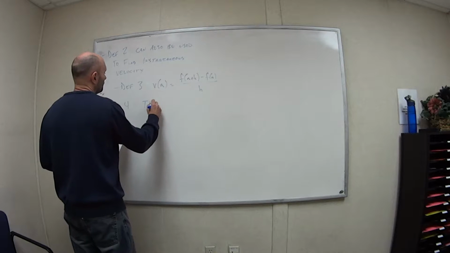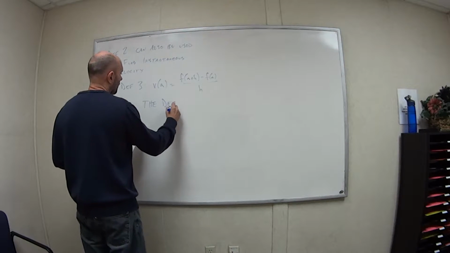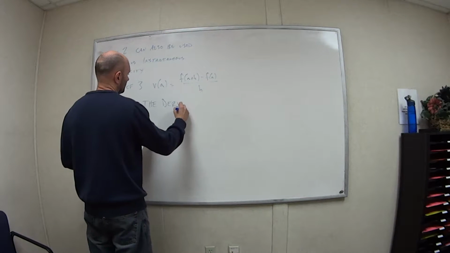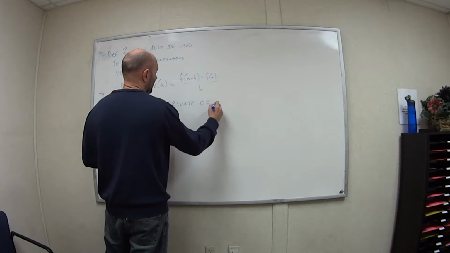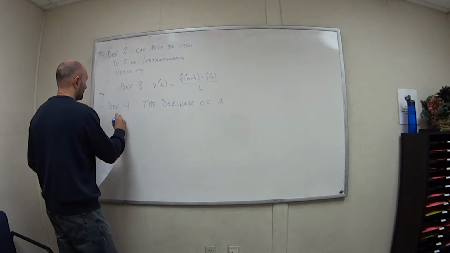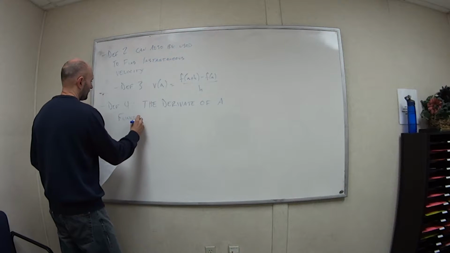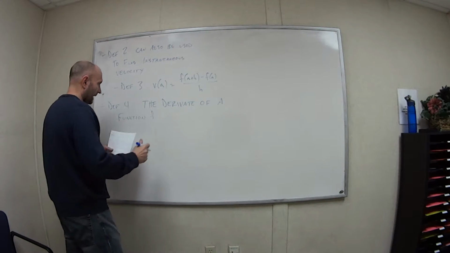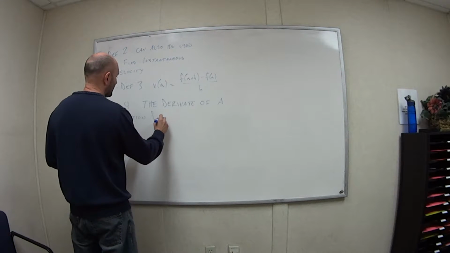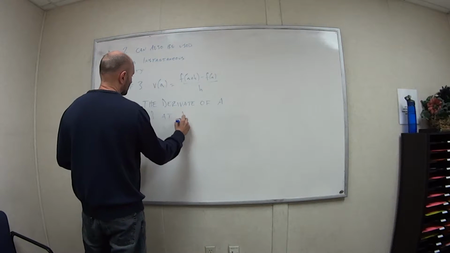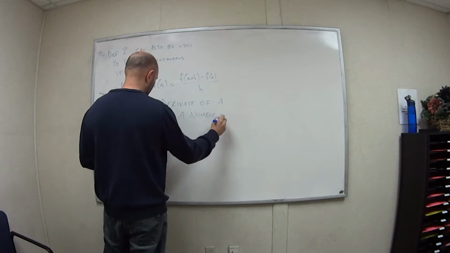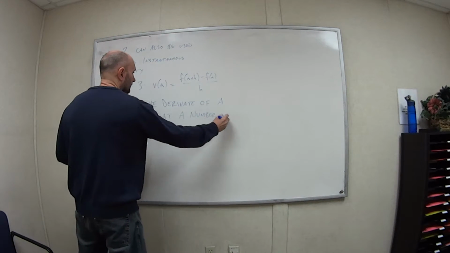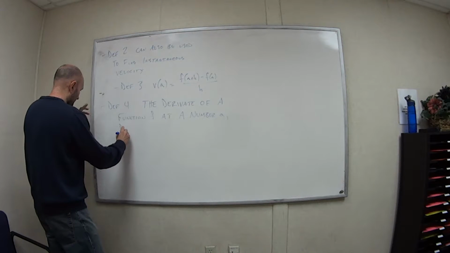So we say the derivative, which is inclusive of all of these different pieces, of a function f at a number a, denoted by